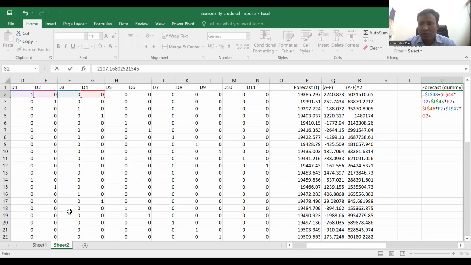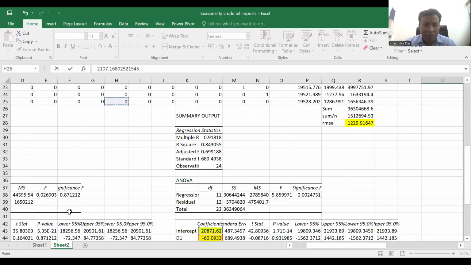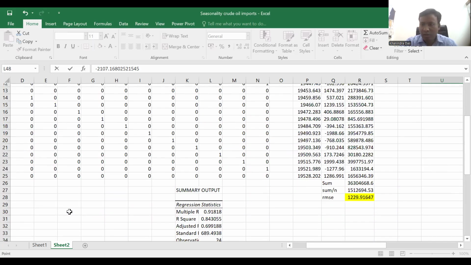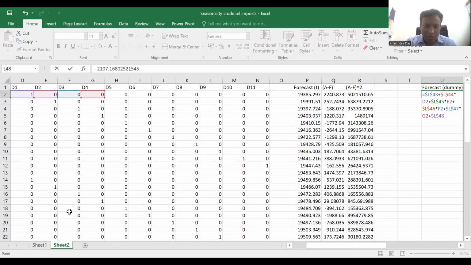Then comes the D5 coefficient. Of course, one can do shortcuts, but let's understand and do it manually. D5 into D5 plus